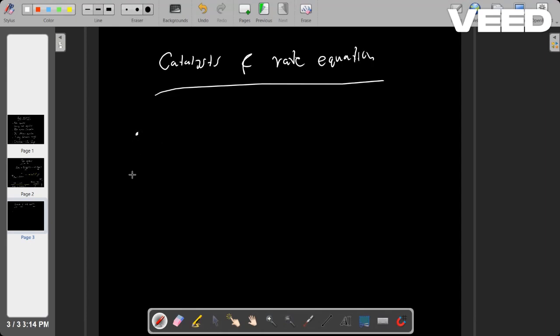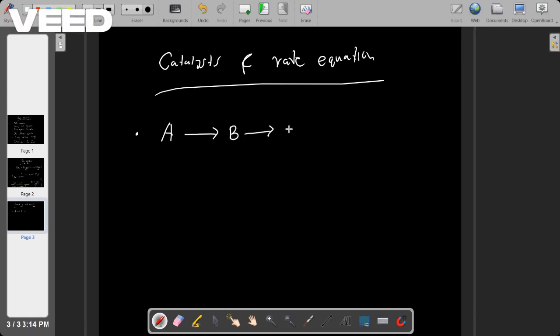In a multi-step reaction, if you can remember what you have done in AS, let's say A is becoming B, B is becoming C. This is a slow reaction, this is a fast reaction. Which step is the rate determining step? The slow one or the fast one? Can you remember that? Slow one, right? In a multi-step reaction,